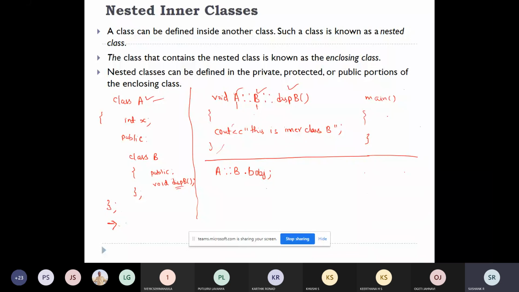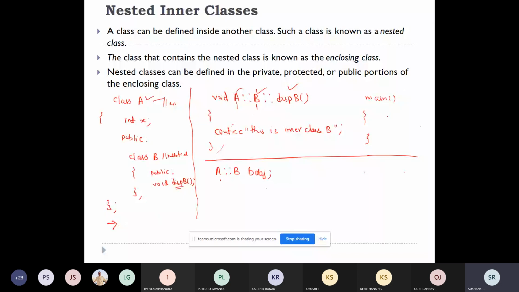Objects of the nested class means, here B is the nested class, A is the enclosing class. Objects of the nested class can be defined outside the member function of this enclosing class in the same way.